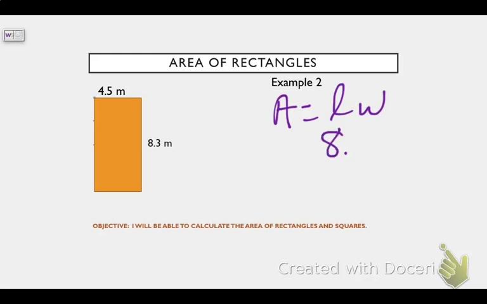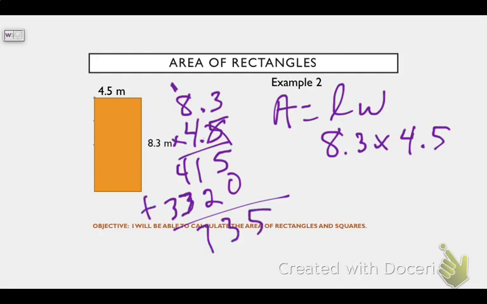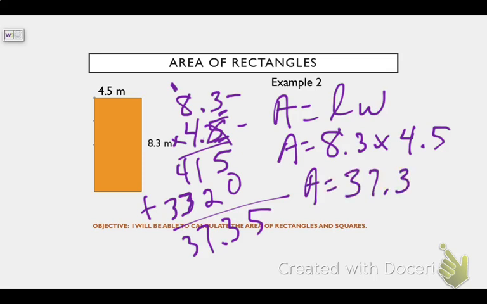Here we go. We have 8 3/10 meters times 4 5/10 meters. Let's do a quick multiplication over here. 8 3/10 times 4 5/10. 5 times 3 is 15. 5 times 8 is 40, 41. Done with that, so put a 0 there. 4 times 3 is 12. Carry the 1 again. 4 times 8 is 32, plus 1 is 33. We find the sum of that. We have 2 decimal places right there, and our answer is A equals 37 and 35 hundredths